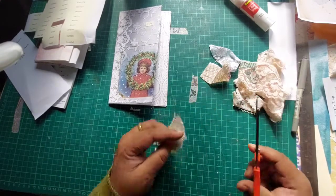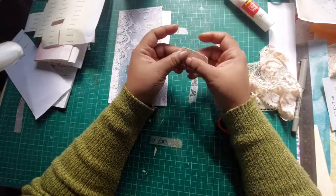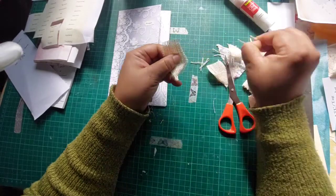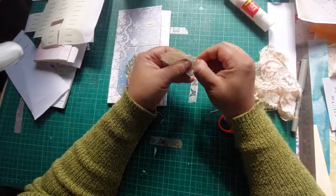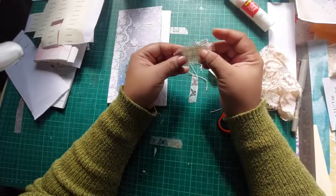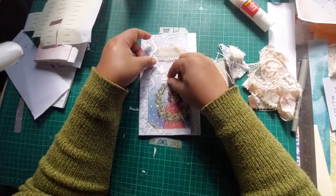This is about 18 minutes long. So if it gets too long, then probably I will do a second part where I'll show you how you can add ephemera and add pages to this, because this will have a few pages. So I am going to put this over here. Okay,